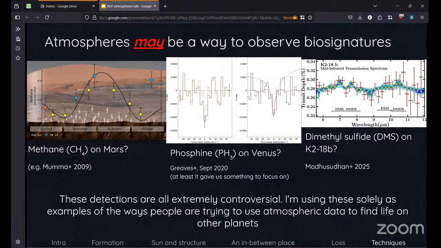So personally, I think if we're going to find aliens out there, it's probably going to be on like Enceladus or something where we've got evidence of a subsurface ocean, and hydrothermal vents. Be cool if we could find evidence in an exoplanet, but it's a pretty hard measurement to make.